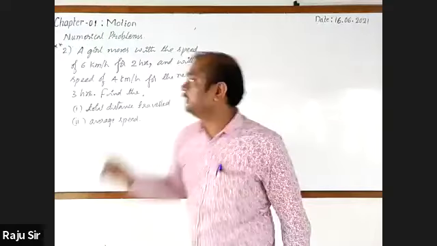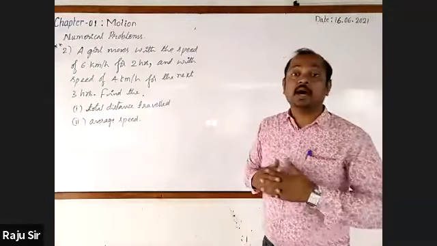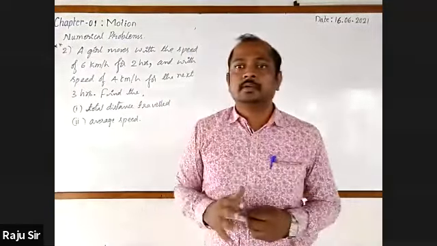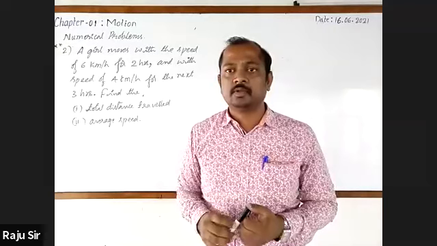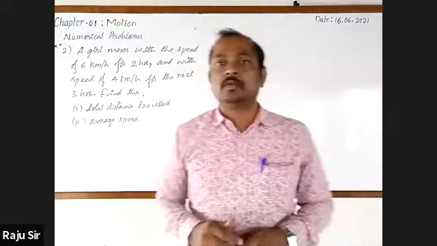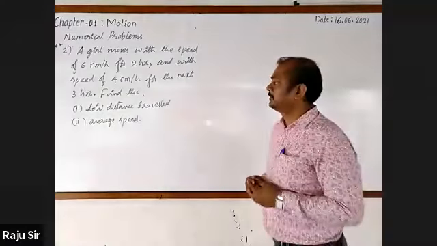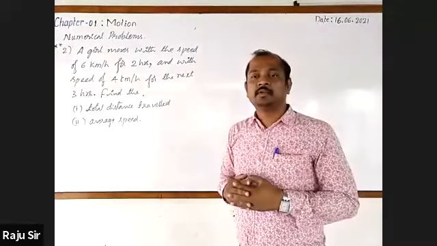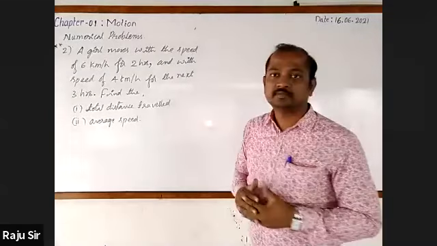Anybody knows how to find out the total distance traveled as well as average speed? Anybody want to tell? First, tell your name. Yatin and Yashwant. Yes, tell. Sir, total distance is equal to average speed into total time taken. But average speed is unknown, no? 24 kilometers. 24. Yes, sir. How?